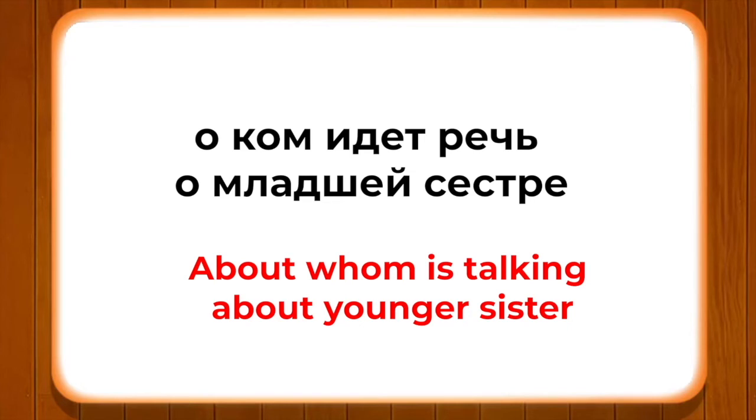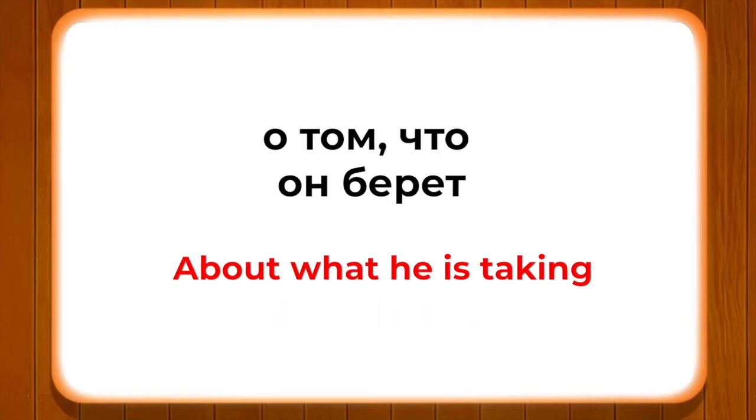About whom he is talking? He is talking about younger sister. Okay? Then о чем он говорит? About what he is talking? Он говорит о большой фабрике. So, here in this case, when we have фабрика, which means inanimate, it is changing again the same,